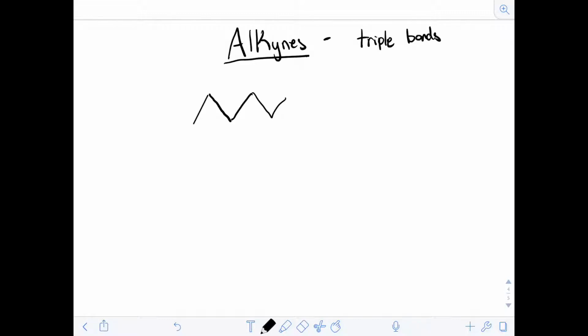So we'll put our triple bond right here. Oh wait, no, I'm gonna draw that differently. So, a real tricky thing about alkynes that really gets people